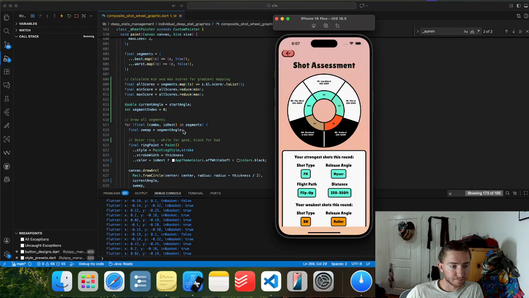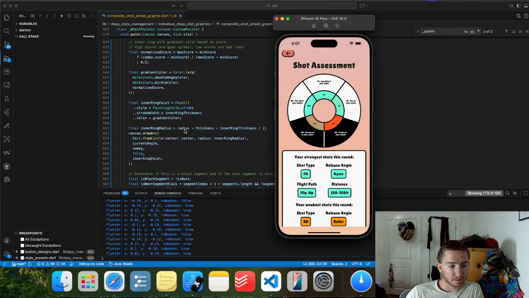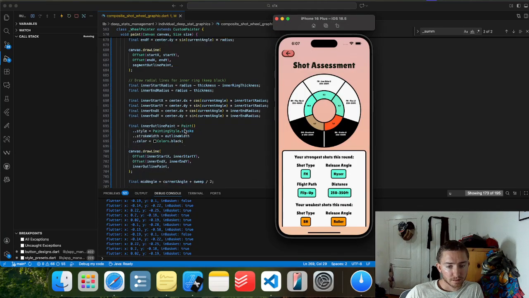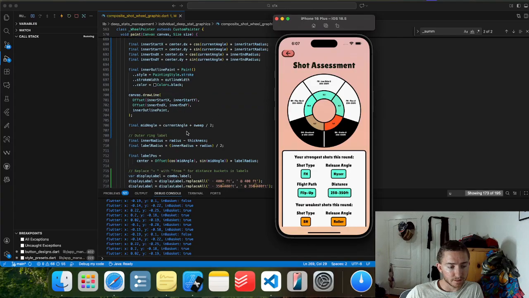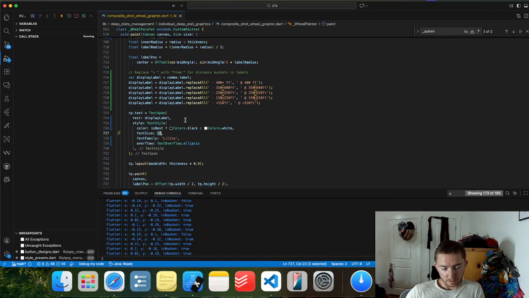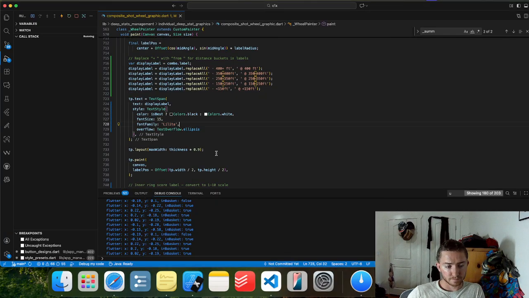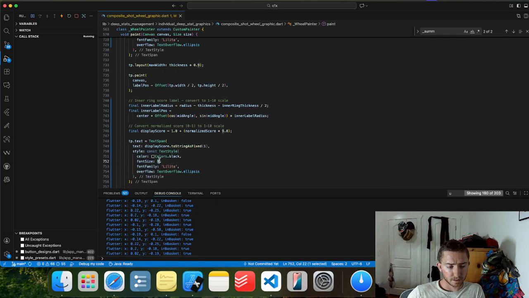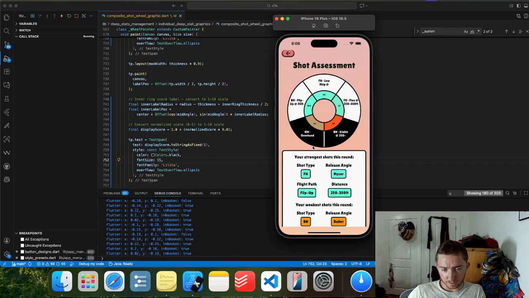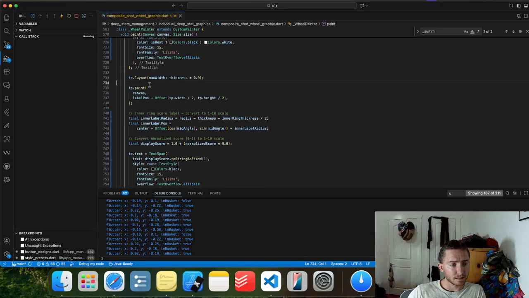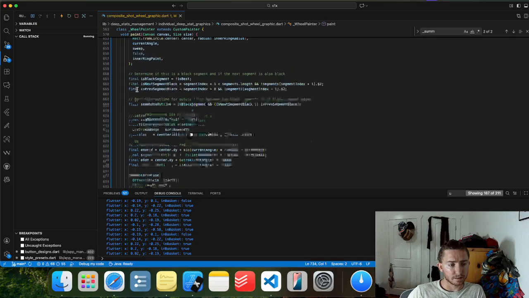All right, wheel painter. We've got segment font size and 15. What does that do? Okay. For the scores, can I make 15 work? Kind of iffy, but it seems like it. Let's see if I can, we're